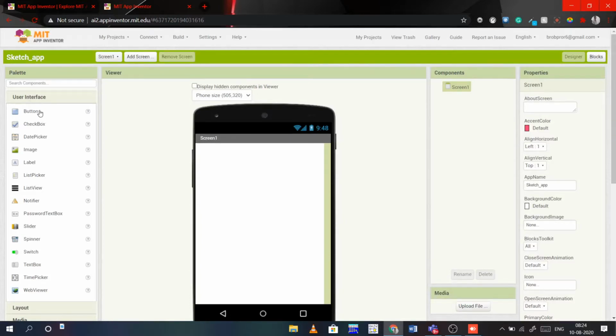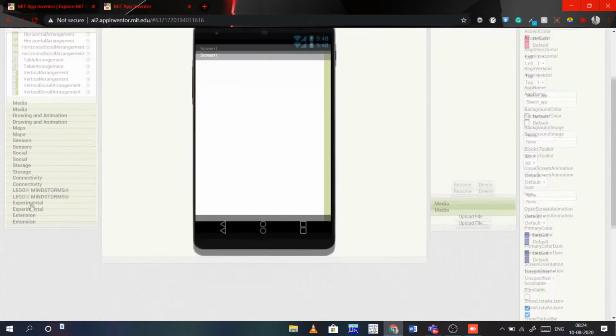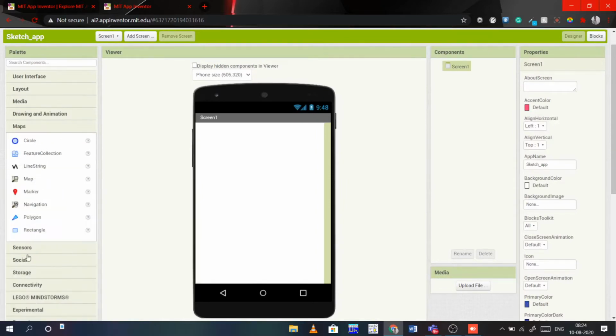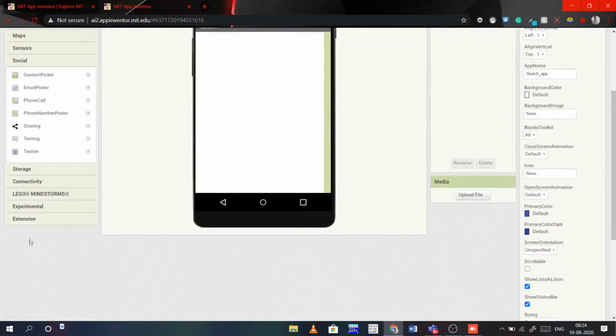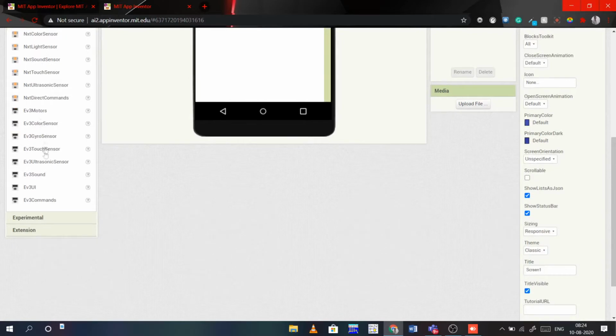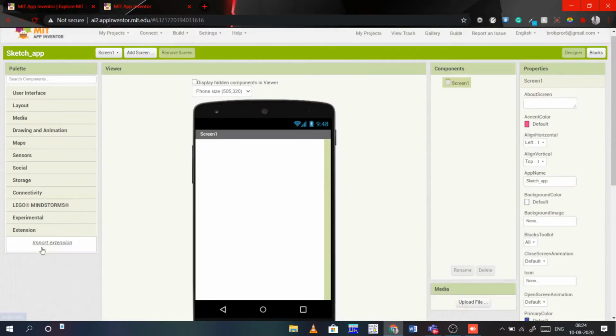Some are user interface items like buttons and checkboxes. Then layouts, media, drawing and animation, maps, sensors, social media, storage, connectivity, Lego parts, experimental, and extensions, where we can add a few extensions. For example, for notifications we have to add a few extensions from online.